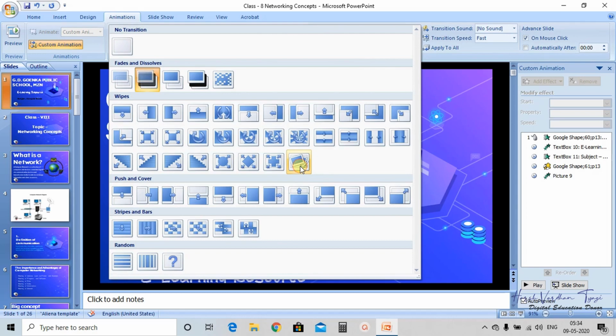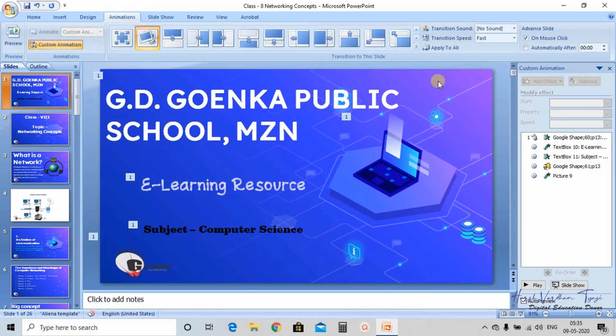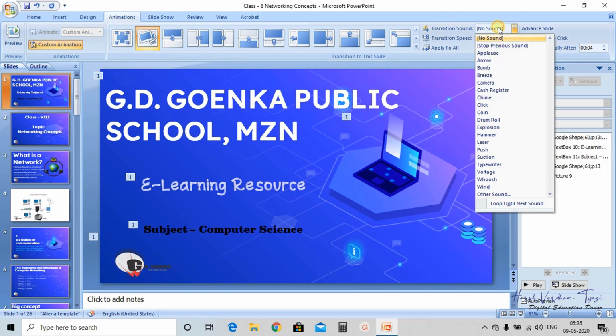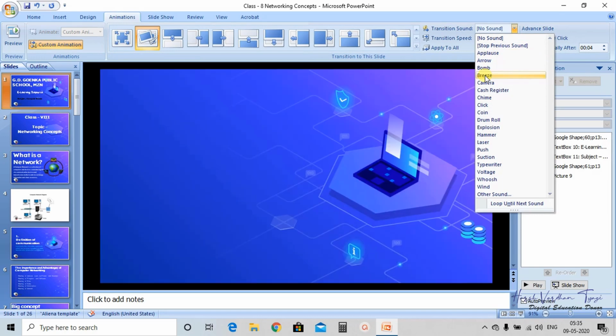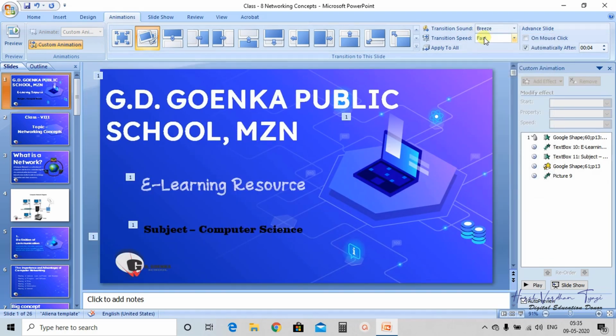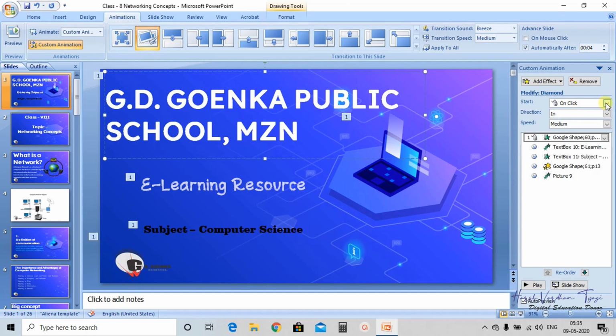Okay, new splash, automatically after 4 seconds, transition sound, breeze, transition effect, medium, and for this let me select after previous. Okay, then play.